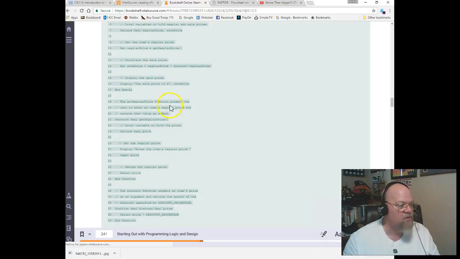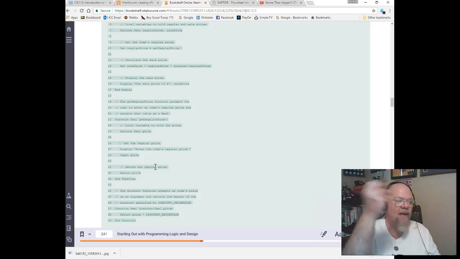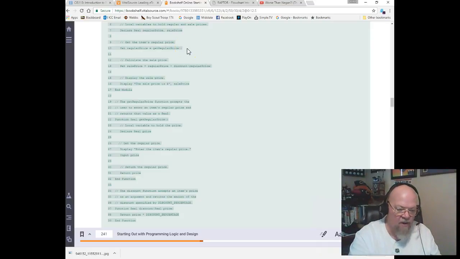So I come down here to get regular price. So here is function real get regular price. It's passing nothing in. Declare real price. Display, enter the item's regular price, input the price, and then return price. So the only job of that function is to basically ping the user for a price, get it, and then pass it back to the calling module. So when I say set regular price equals get regular price, it just basically called that function,